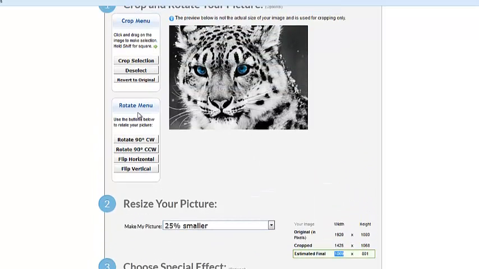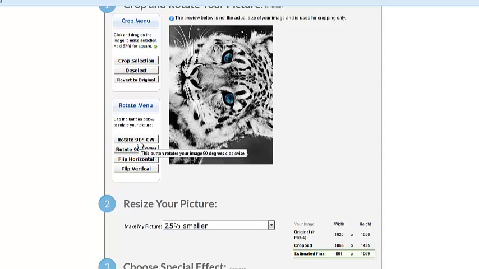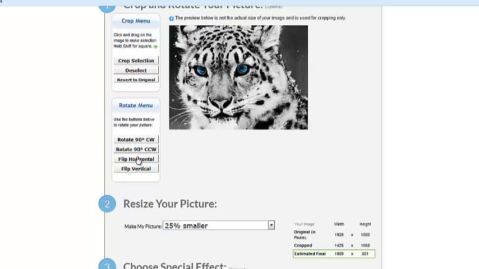Now if you did need to rotate your images, you can click on rotate, give it a few seconds, and see, you can rotate it. Or you can flip it and all that stuff. Okay, now